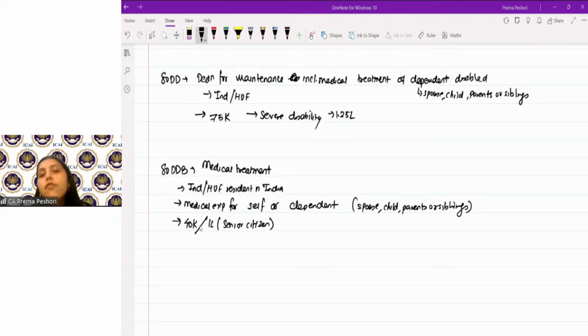Are we clear? And if any amount is received from the insurance, then that amount will be reduced. Clear? Any doubt? Any question? Okay. So shall we take a small break, and then we are left with a few small deductions, and then we'll move towards the deduction on the category of the income. Clear? Let's take a small break of 10 minutes.